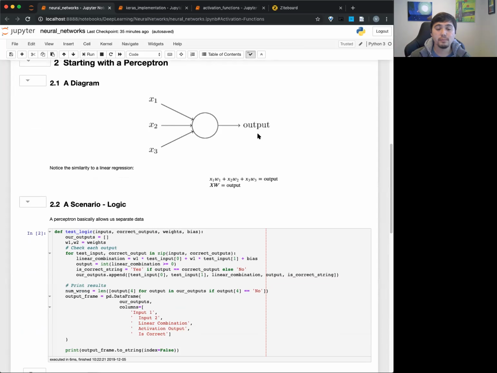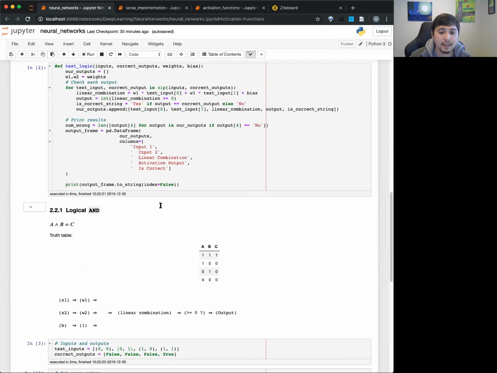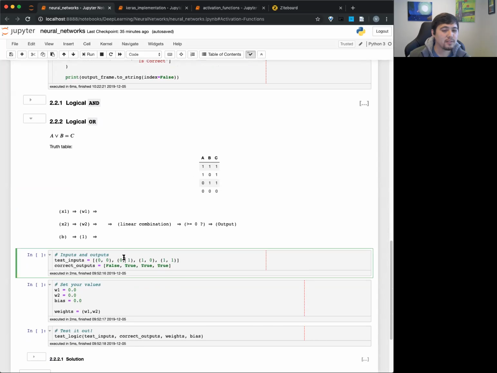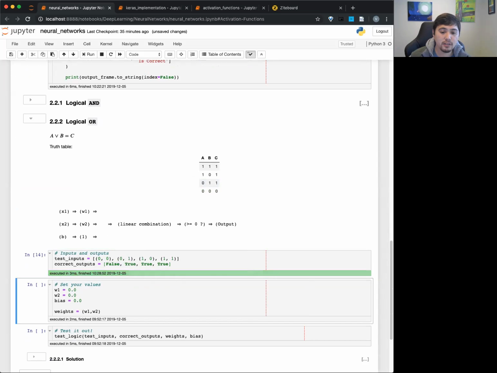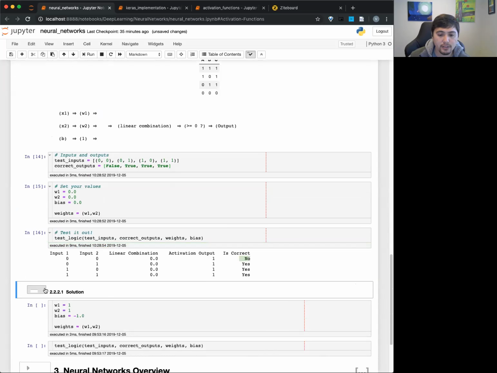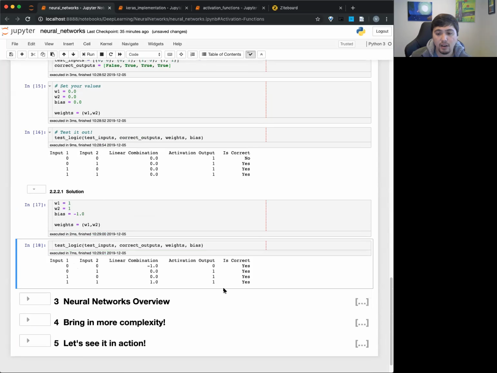or false. If you're big into computer science, that's actually a really big deal, because you're going to have all these different logical AND gates and stuff like this. Next is logical OR. We could do the same thing, trying to figure out the best way to do this. In logical OR, if at least one of them is true, then the whole thing is true. So the only time it's false is 0, 0. If we just do the 0, 0s, it's not quite right, but if we set the weights to 1, 1, and -1, then we should get all correct.